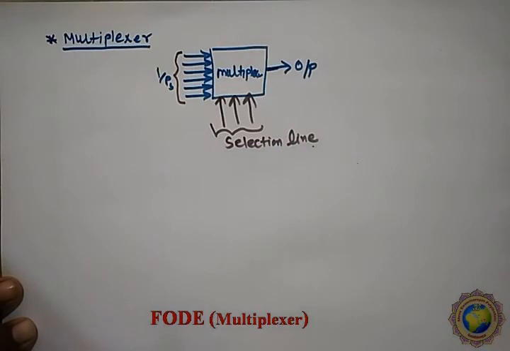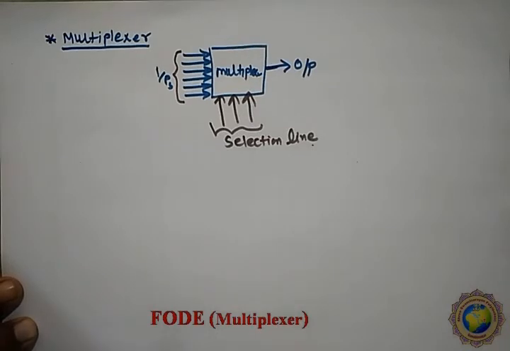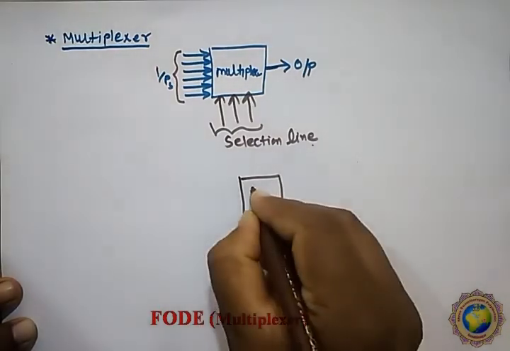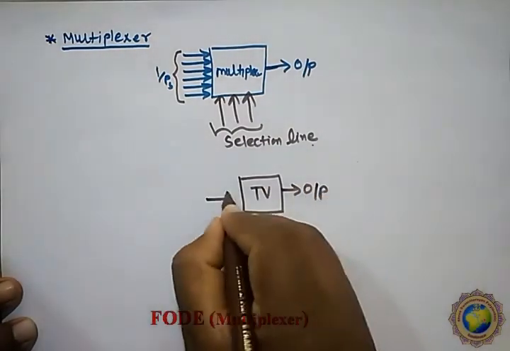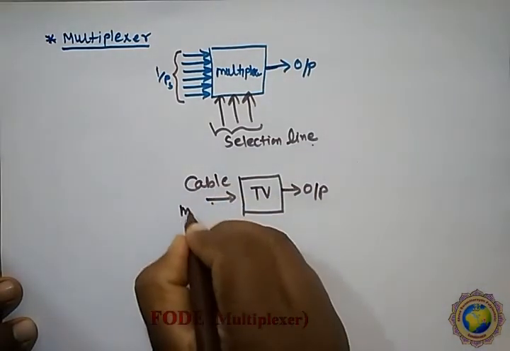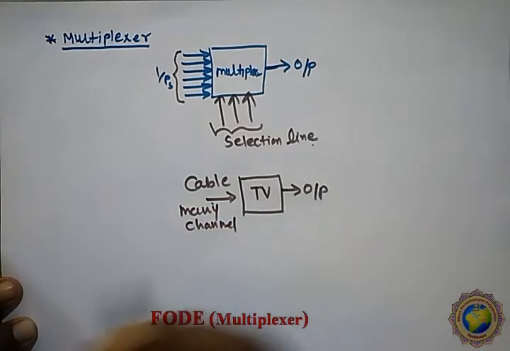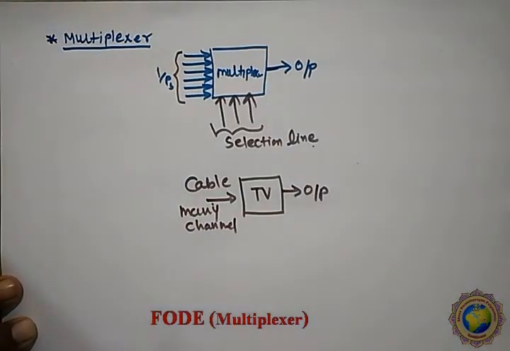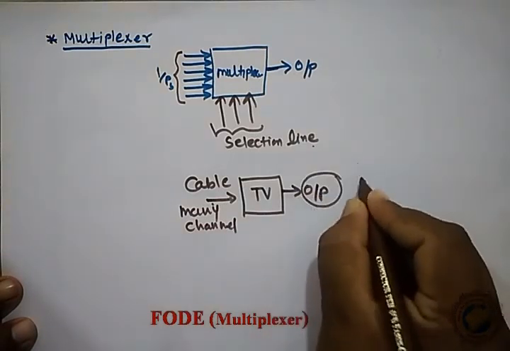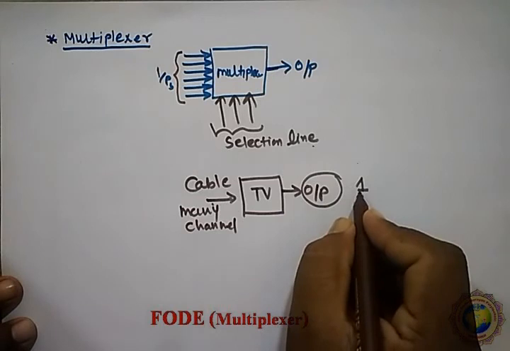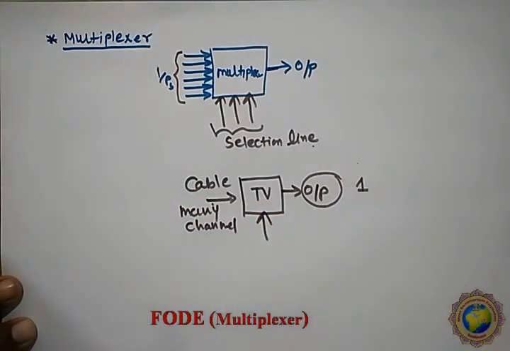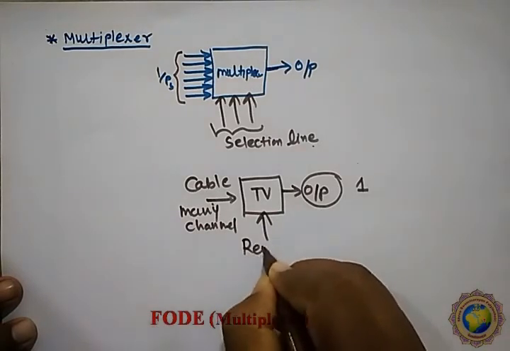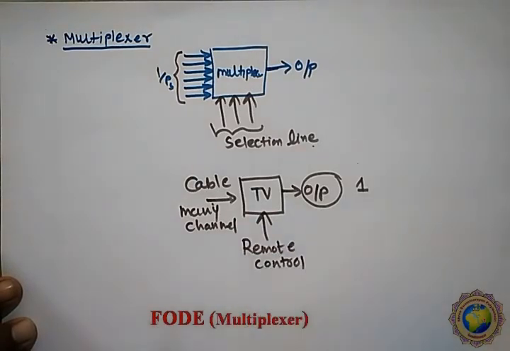ઓકે, આપણે કોઈ એક્ઝામ્પલ લઈ લઈએ કે સપોઝ કે આપણા ઘરમાં તમારે ટીવી છે તો એ ટેલિવિઝનની અંદર ઘણી બધી ચેનલો આવે છે. સો ઇટ હેઝ મેની ઇનપુટ્સ. પણ તમે એટ એ ટાઈમ કેટલી જોઈ શકો છો? એક જ. સપોઝ કે આ તમારું ટીવી છે, એનું આઉટપુટ છે અને આ તમારું કેબલ છે. ઇન ધીસ કેબલ ધેર ઇઝ મેની ચેનલ્સ અવેલેબલ. ઘણી બધી ચેનલ્સ છે. પણ એમાંથી આઉટપુટ તો કેટલું મળે છે? ઓનલી વન. તો આ વન આઉટપુટ માટે તમે શું કરો છો? યુ આર સિલેક્ટિંગ ધ ચેનલ. કોના વડે કરો છો? તો રિમોટ કંટ્રોલથી અથવા ચેનલ બદલીને ગમે તે રીતે તમે એને સિલેક્ટ કરો છો.